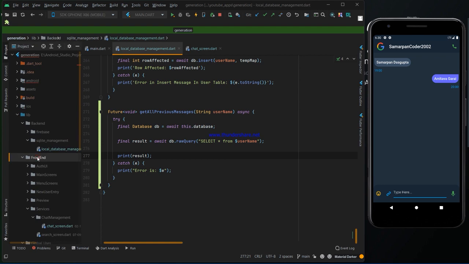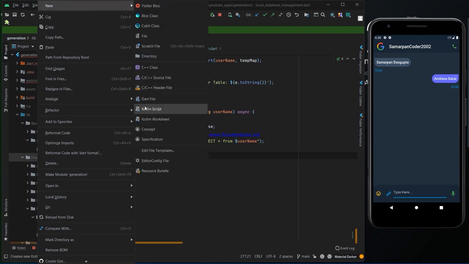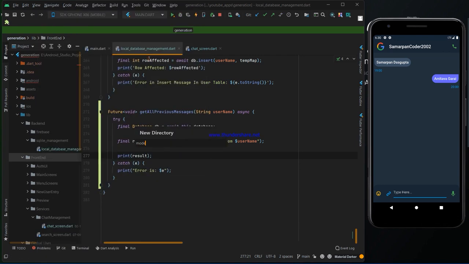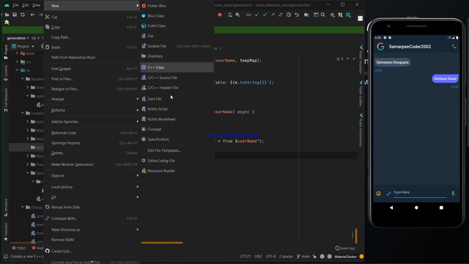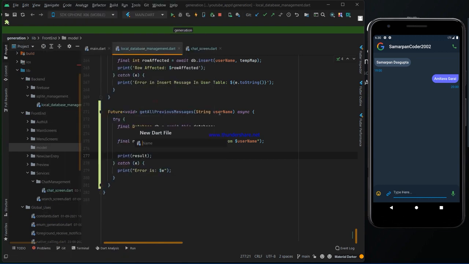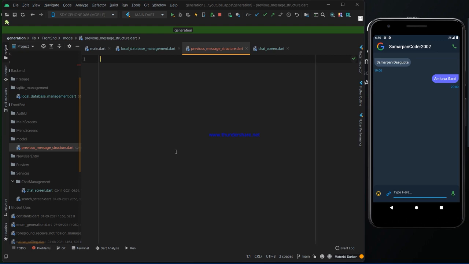So under that content we make a folder named model, and under that model we have to make the previous message structure. We have to make the model first.